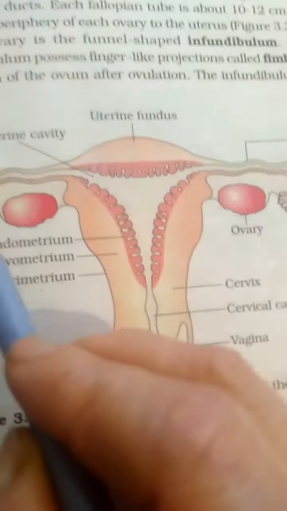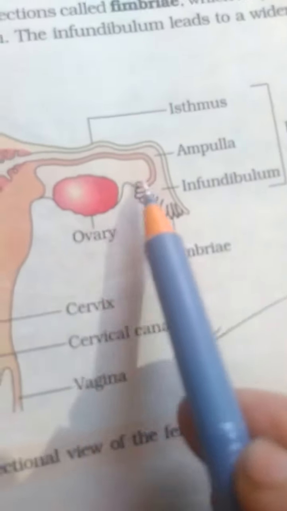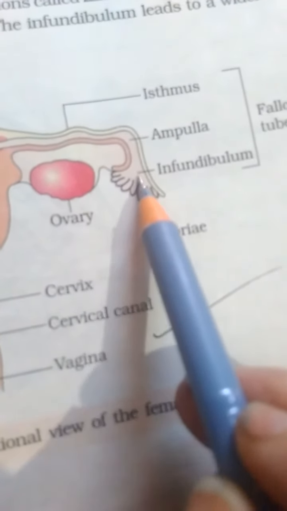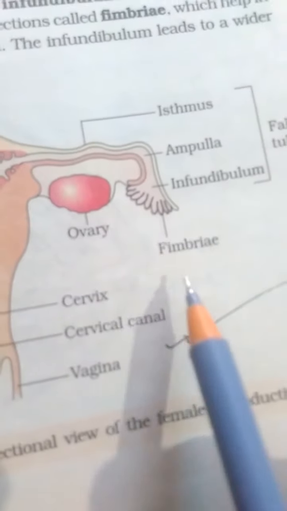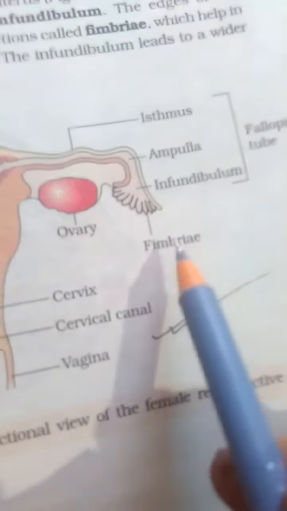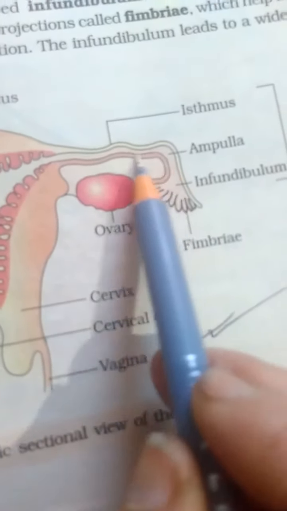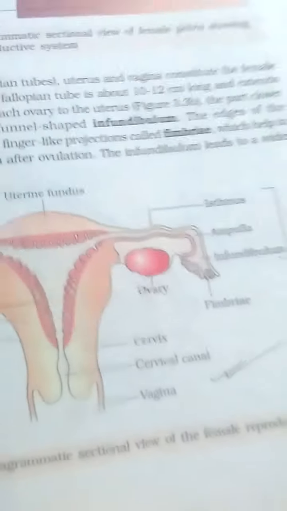So, in this diagram, this portion is called the infundibulum. See, it's labeled even in the NCERT book. This is the infundibulum, a dilated trumpet-like portion, and the end of the tube has minute finger-like projections, and these minute finger-like projections are called fimbriae. So what is the function of fimbriae? They will collect the egg released by the ovary, right? And then that egg will be sent to other parts of the fallopian tube, right?